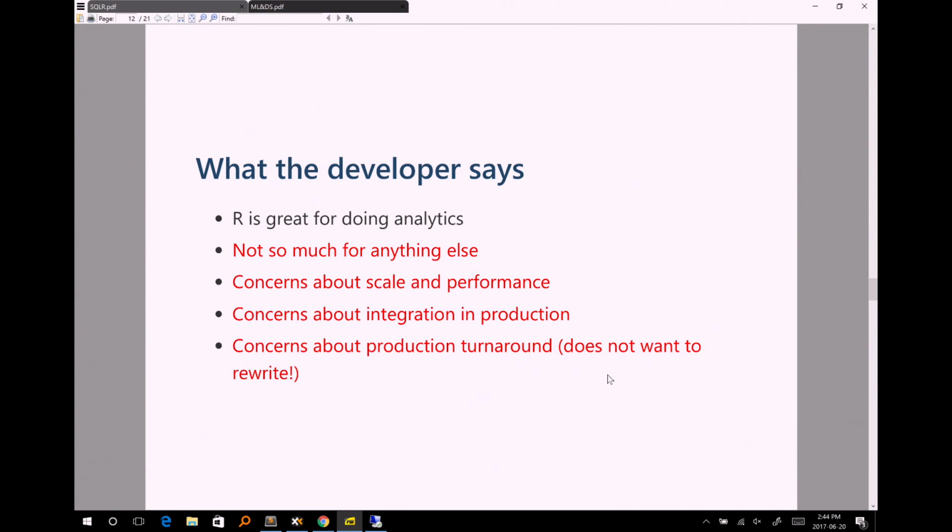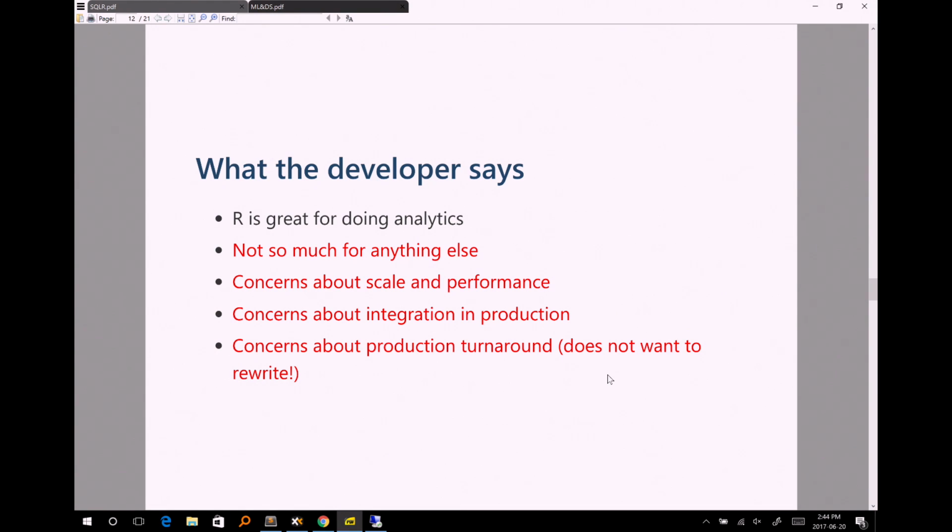Then we have developers. Developers are trying to build intelligent apps using machine learning, and they have heard about R. They maybe don't know how to use it or care to learn how to use it because they are not going to do machine learning, but they're interested in taking advantage of it. Maybe they have data scientists they want to go to and say, hey, can you put something together in R that I can use inside of my application?